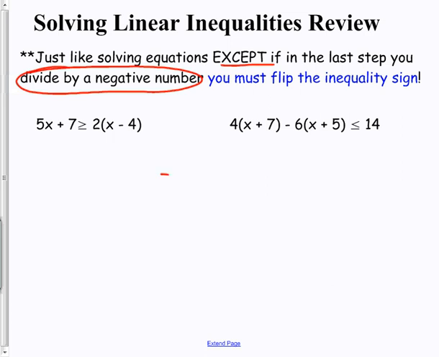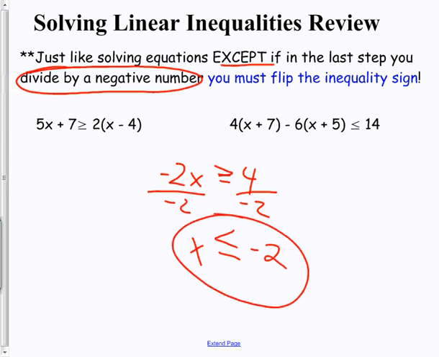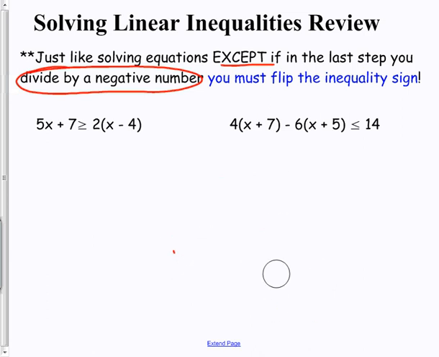Here's the simplest case. Negative 2x is greater than or equal to 4. If I divide this by negative 2, I have x, and I have to switch the sign, because I'm dividing by negative 2. If you ever multiply or divide by a negative, switch the sign. Now, did I say if the problem has a negative in it, you have to flip the sign? No, that's not what I said. I said if you ever multiply or divide by a negative on both sides when you're solving it,